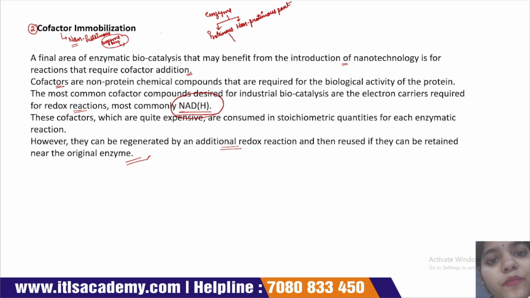And the combined proteinaceous and non-proteinaceous parts are known as a holoenzyme. This proteinaceous part is known as an apoenzyme. And this non-proteinaceous part may be known as a cofactor. Example of a cofactor,